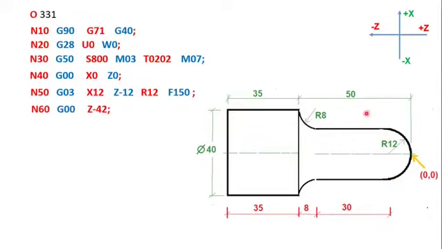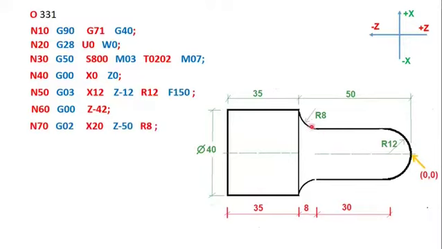After this, I will not do this operation. I am only showing you in this problem how to create a curve. Once I have done it here, I will rapidly move to this position. So what is this position? X is already 12, that is given. The only change is in Z. What is the change? This 30 plus 12, that is minus 42.